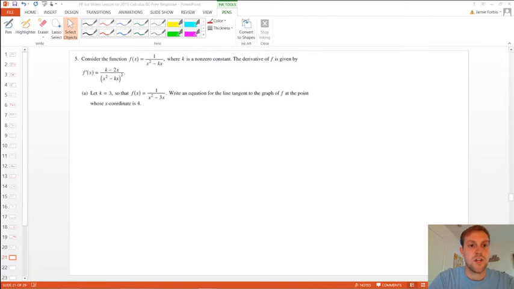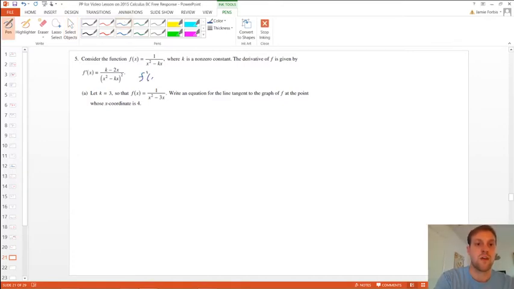It says, consider the function f of x equals 1 over x squared minus kx, where k is a non-zero constant. If I were to take the derivative of that, it would be k minus 2x over x squared minus kx to the second power. So they've already taken the derivative for you. You don't have to do that process, and in case you're curious and just want to see,